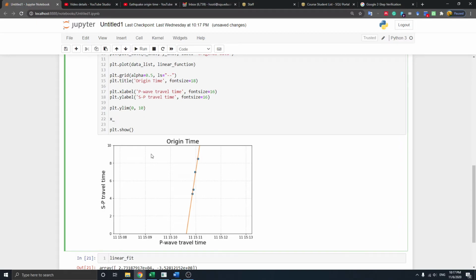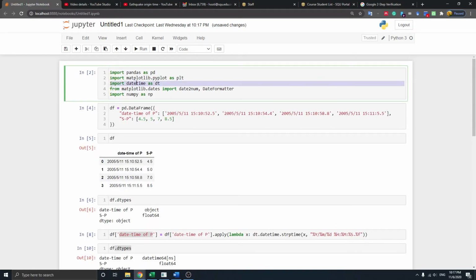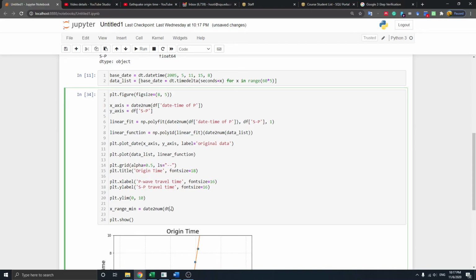So let me write this variable X range, and this is the minimum value equals date2num, and I use this module, which is a really amazing module to deal with dates and times. It's one of the best. So I use the same one again, create a datetime,